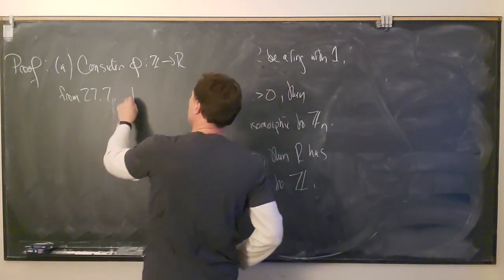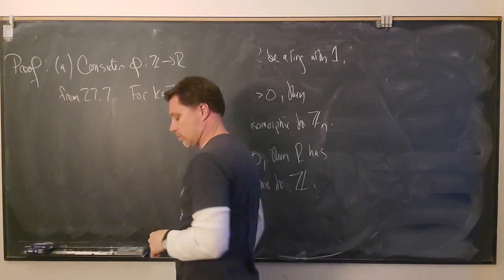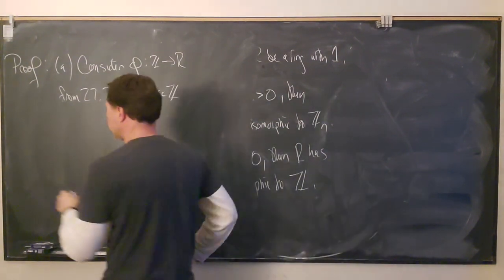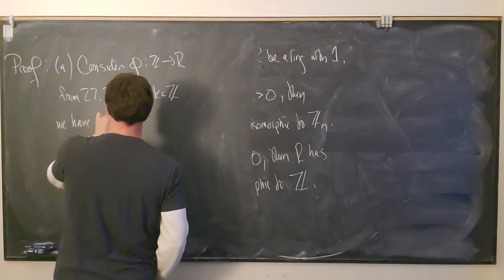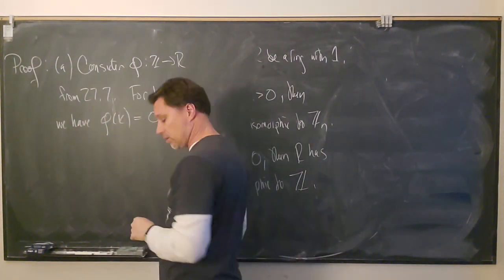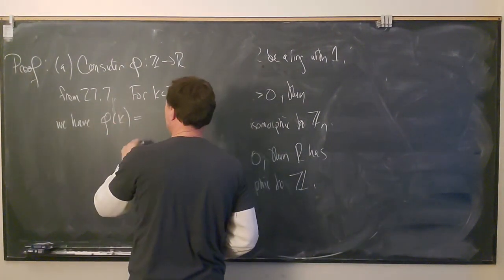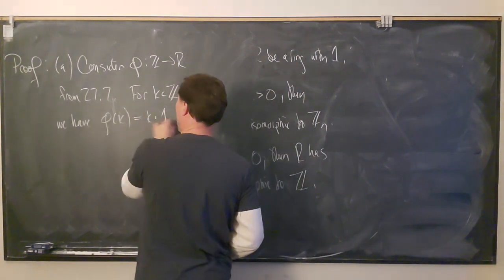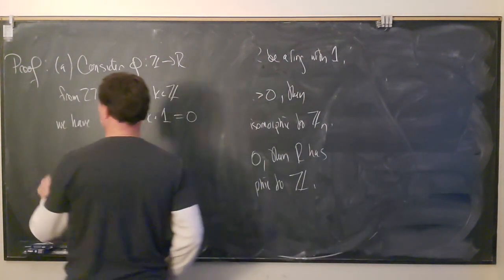So now, for k in Z, we have that phi of k equals 0. And let me write down the formula there. So phi of k equals k dot 1. That's the formula. And that's going to equal 0 if and only if